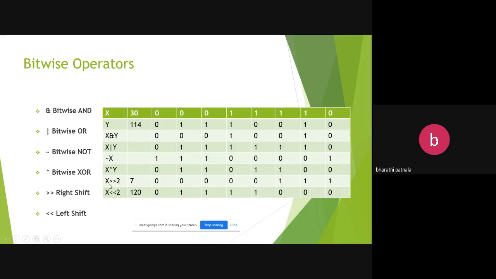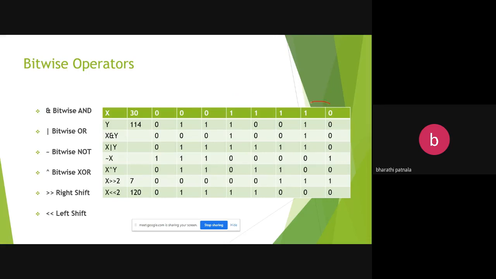Okay. So right shift and left shift operators are used to perform clock pulse operations in microprocessors. When you use right shift, the value of an operand will be decreased, and when you perform left shift, the value will be increased. Here you can see X right shift 2 bits. This is the value of X. You are moving right shift by 2 bits.